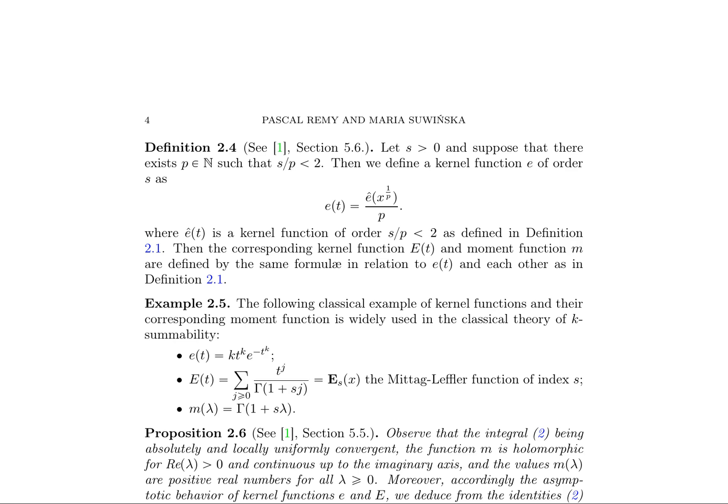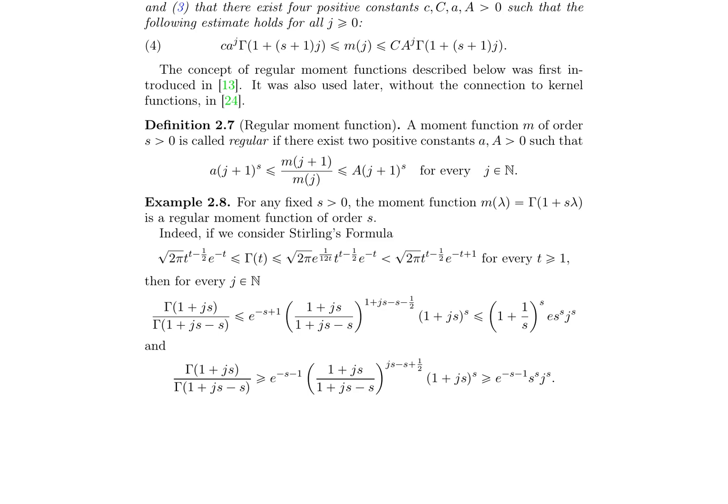Example 2.5 provides a classical example of kernel functions and their moment function, widely used in the classical theory of k-summability. Proposition 2.6 discusses the properties of the moment function m, including its holomorphy, continuity, and positivity, along with an estimate for the kernel functions e and E. The concept of regular moment functions is introduced in definition 2.7,